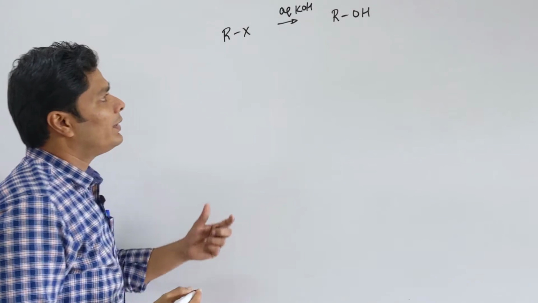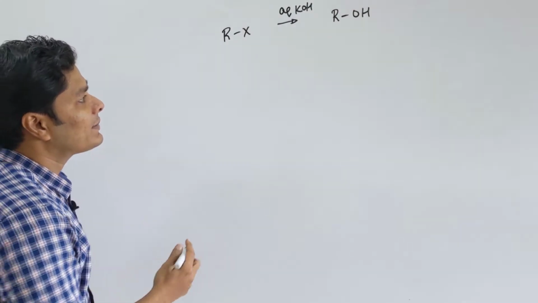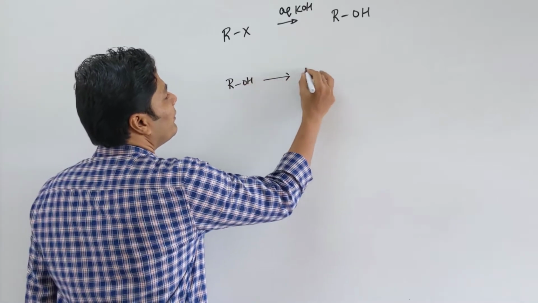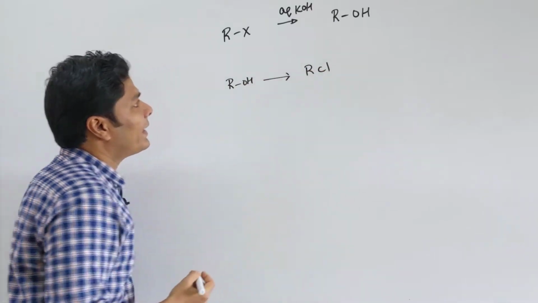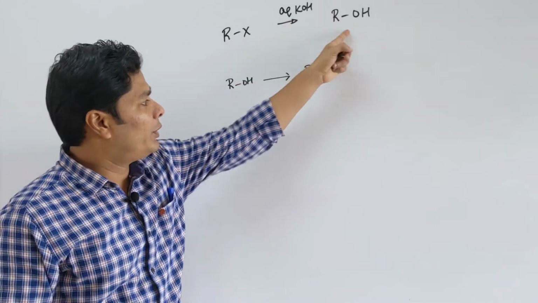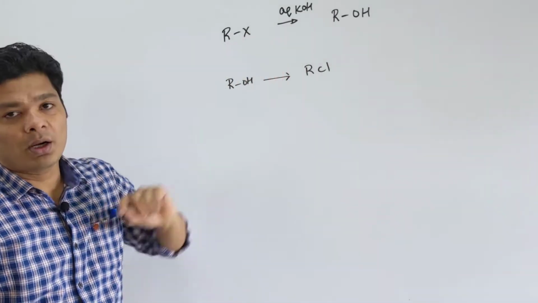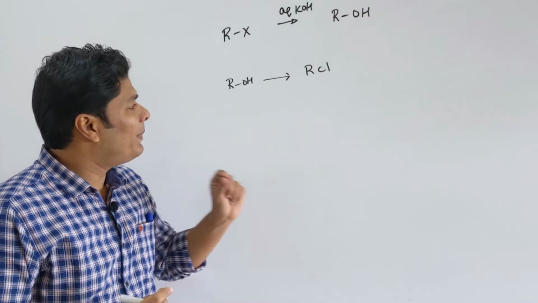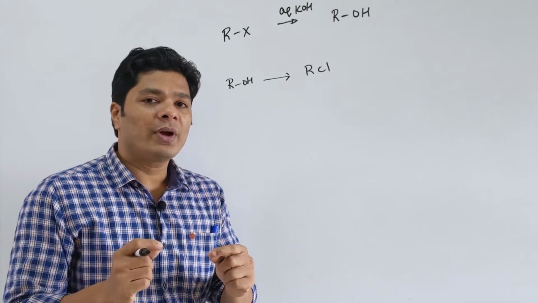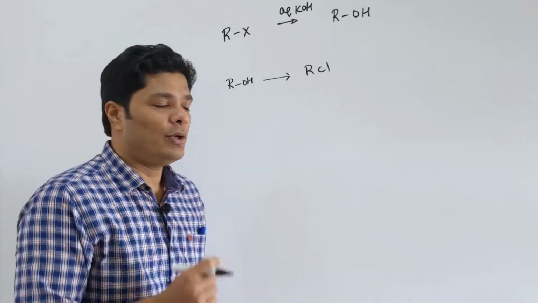But you have to be careful here. In alkyl halides, we saw this example, ROH giving you RCl. So, this cannot be true, both of them, because RCl gives you ROH, ROH gives you RCl, means both cannot happen at the same time. The basic difference is, the cardinal rule is a strong nucleophile will always replace a weak nucleophile.